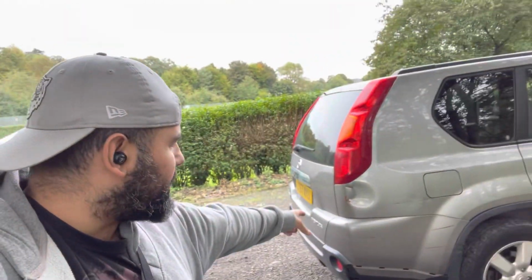That's the little problem with this car here. Got a quote for that, dropped it to the Fiat 500 as well. So the Fiat 500 is getting done today. Well, it's been dropped off today, so potentially going to get done. You said pick it up Saturday, so that's about 3-4 days. So yeah, guys,